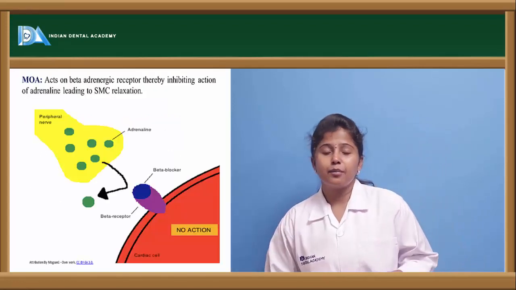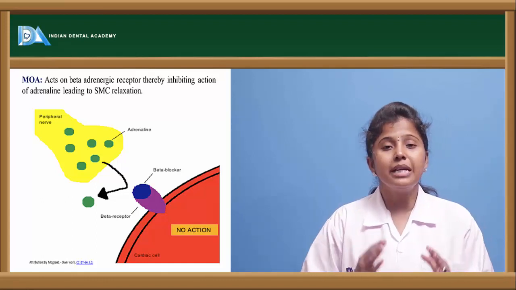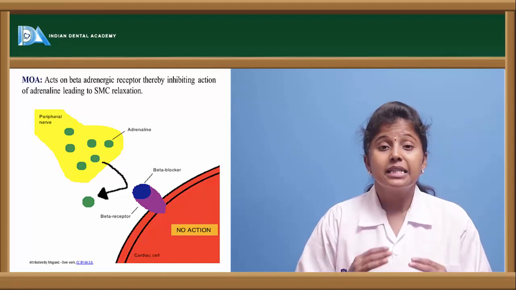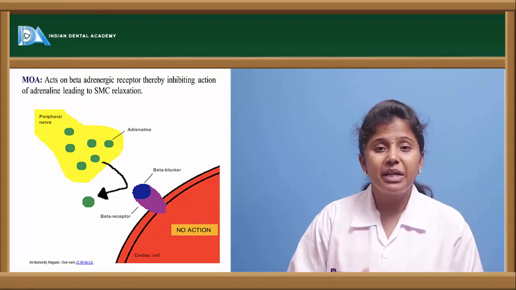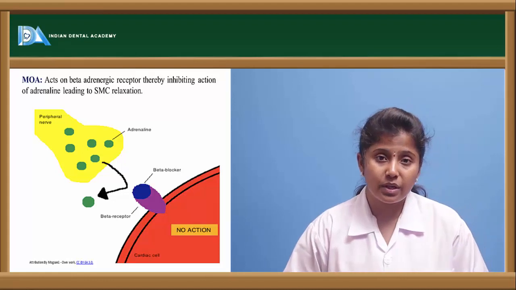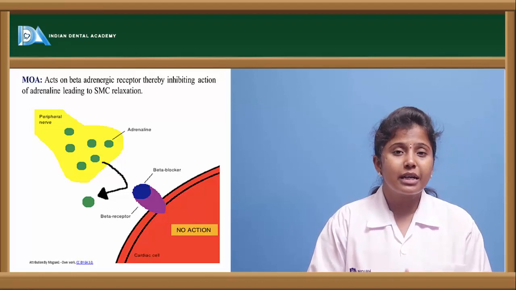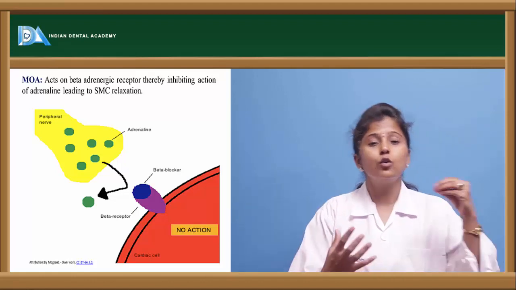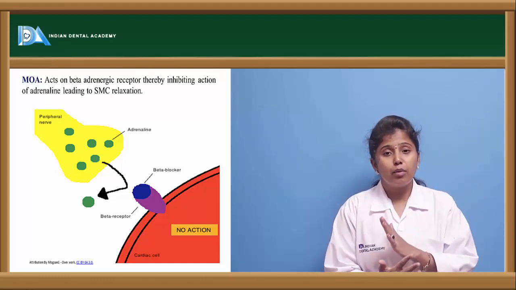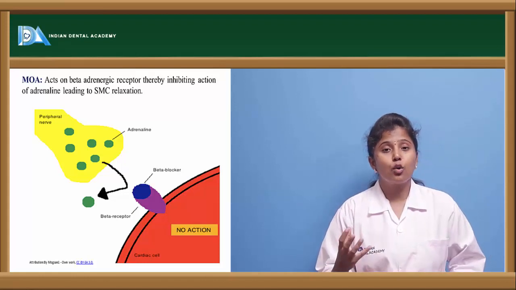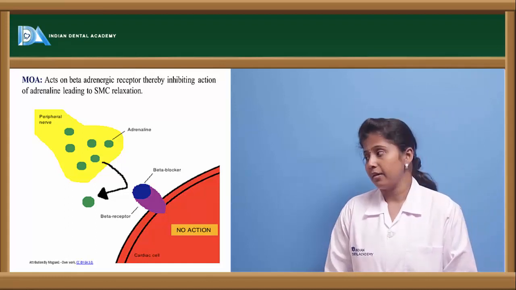These are the receptors present in the adrenergic system. Here beta 1, beta 2 and beta 3 receptors are there. Non-selective means they can bind to any of the receptors. Selective beta 1 means these drugs only bind to the beta 1 receptors. So these drugs won't allow the adrenaline or noradrenaline to bind to the beta receptors. If adrenaline binds to the receptors, it causes contraction of the blood vessel. But if they block the action of adrenaline, then over-contraction of the blood vessel can't take place, and thereby the blood flow is in the proper manner.